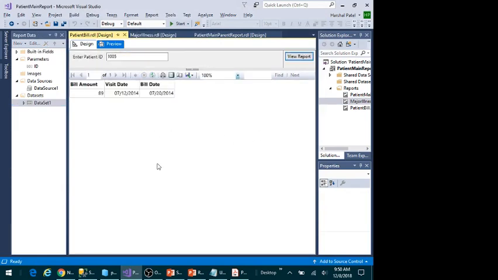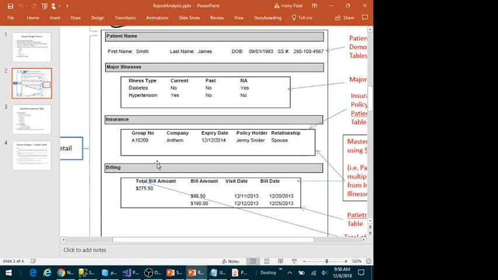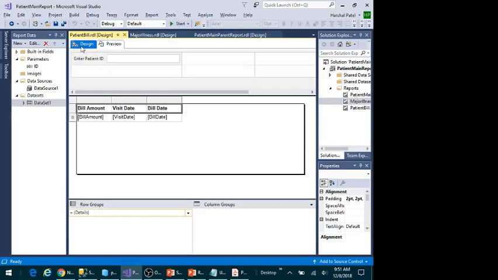So this is how I narrow down, but then I also need to put this total bill amount. Now remember, what are the functions that you can use in the query for total? Sum, right? I can calculate this in the query and put another column here and put some logic around it to show only here for that patient. But there is an easier way in the report itself. So my query is straightforward. Select star from patient bill, right? I can add another thing here